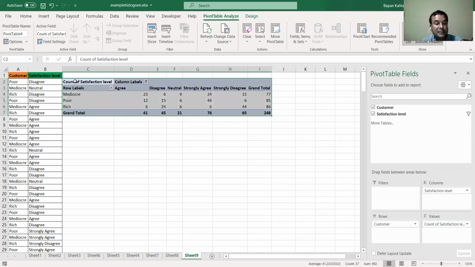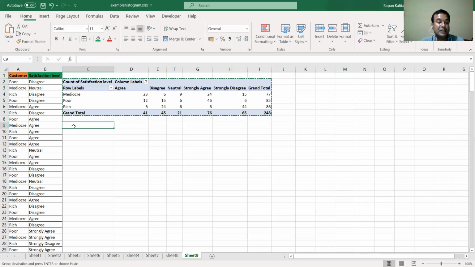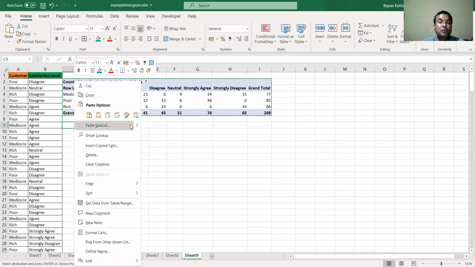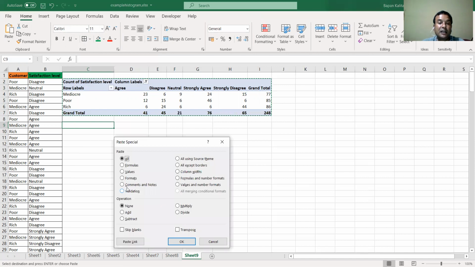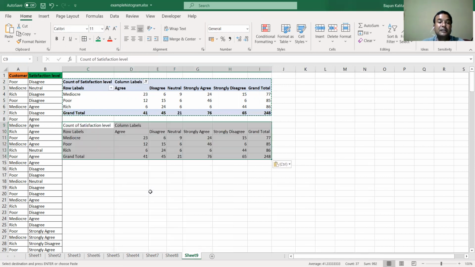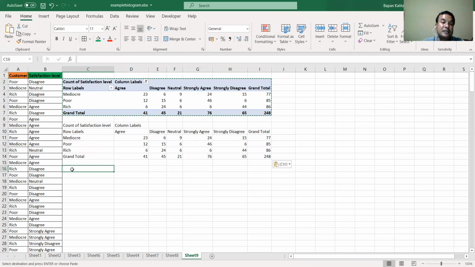We select this complete pivot table, copy it using Ctrl C, then go to Paste Special and select Values. It is pasted, and once again we paste it by applying the same technique.